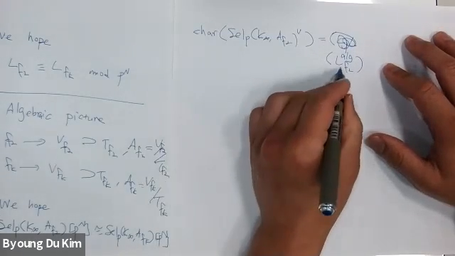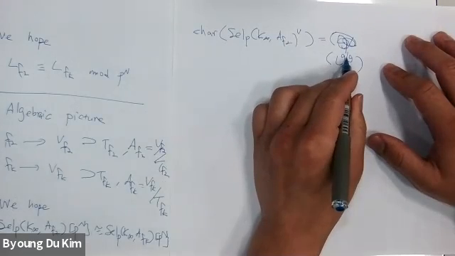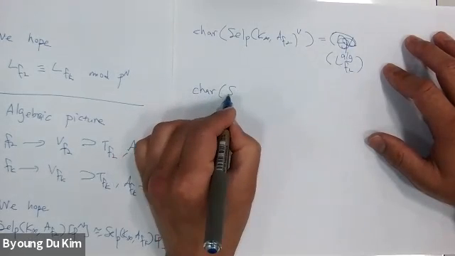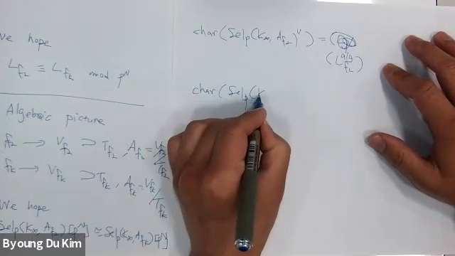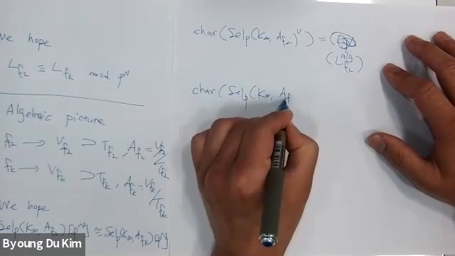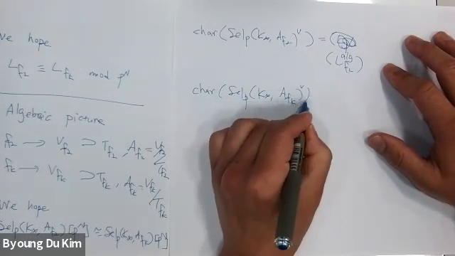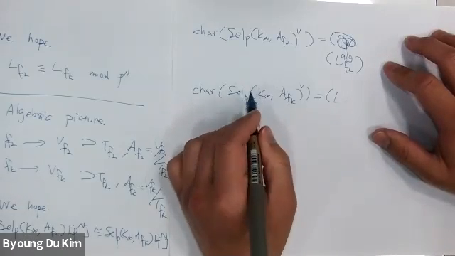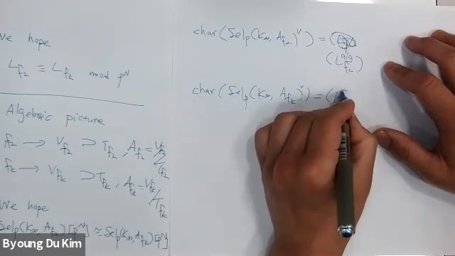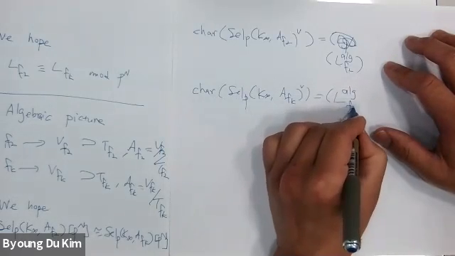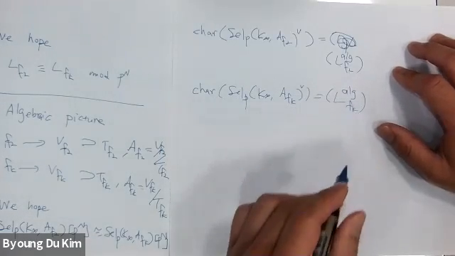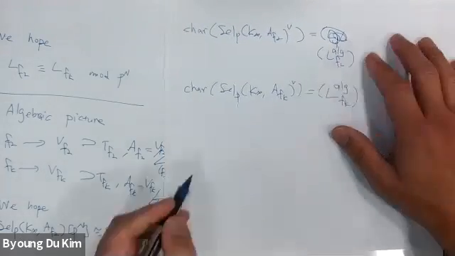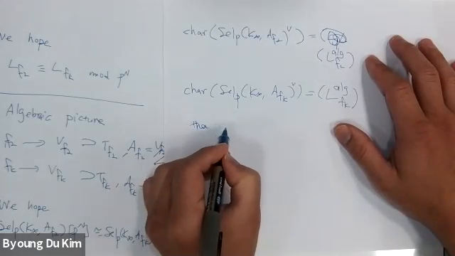Let's choose a generator, and let's call it L sub Fp, Alg, and also do the same for the characteristic ideal of the Selmer group of A sub Fk. Again, by construction, this is a principal ideal, and we can choose a generator, which I'm going to call L sub Fk, Alg. Okay, then we expect